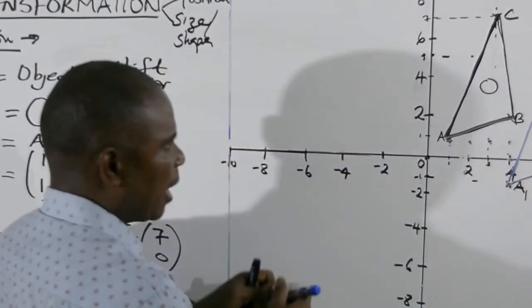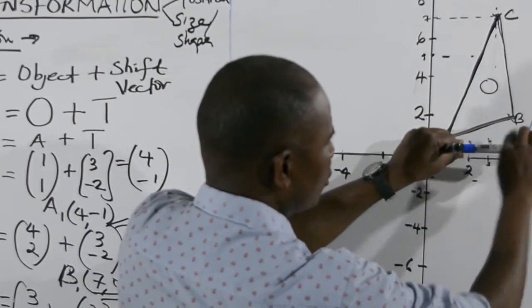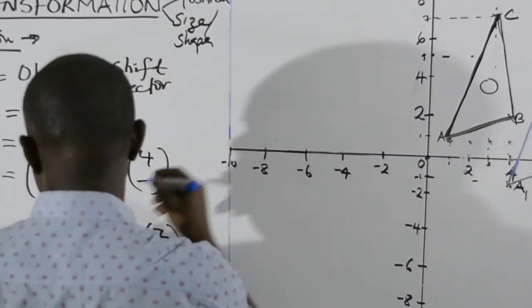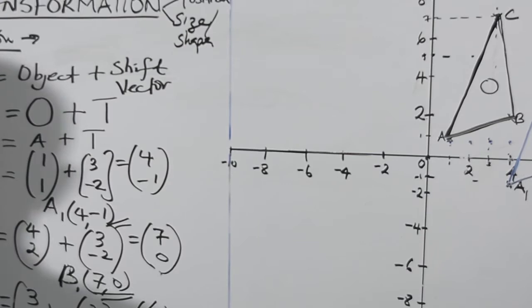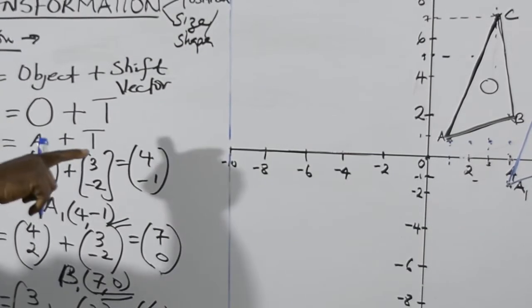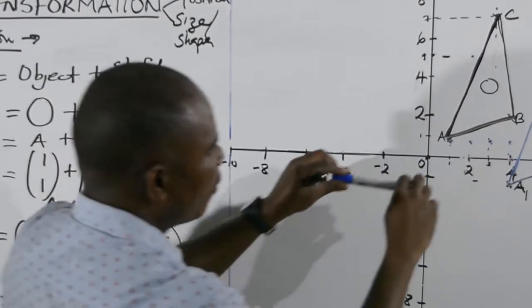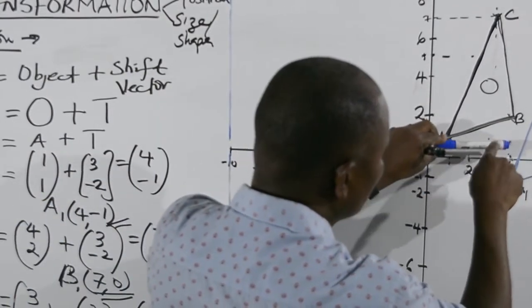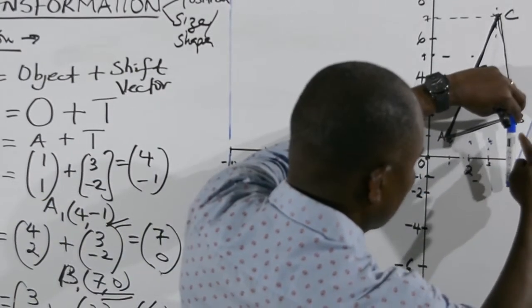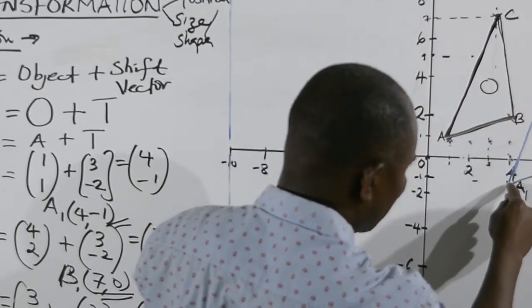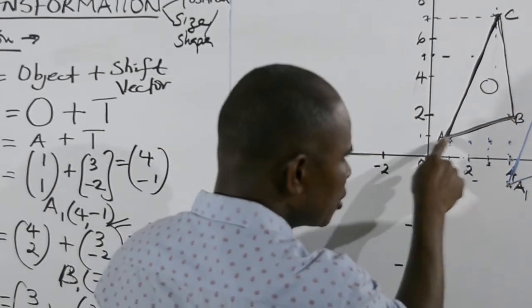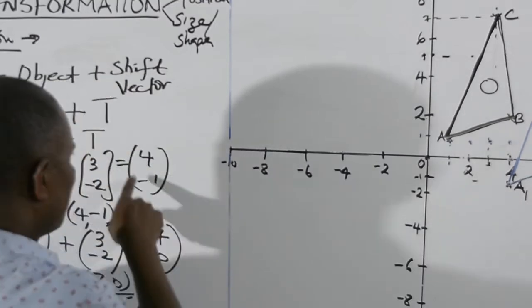So it's like I have gone this way 3 steps towards the right. It is a plus 3 on the x, and downwards you go down by -2 steps. So that's what I'm doing. So I move 3 steps there, 1, 2, 3, then I move 2 steps down, 1, 2. So you can still arrive here. Instead of doing that computation, you can still move it by graphical means, by looking at the vector.